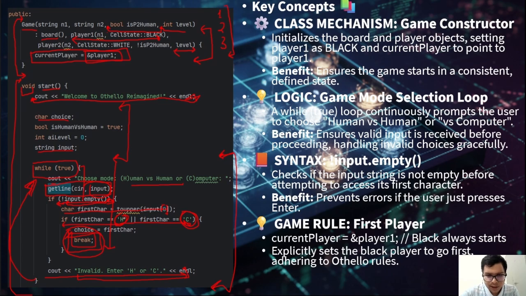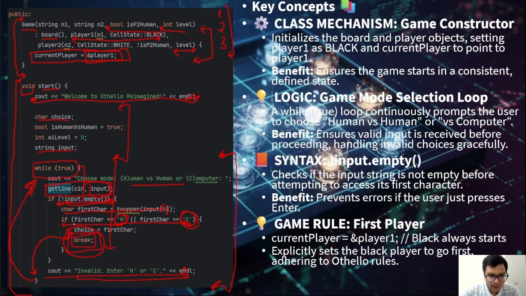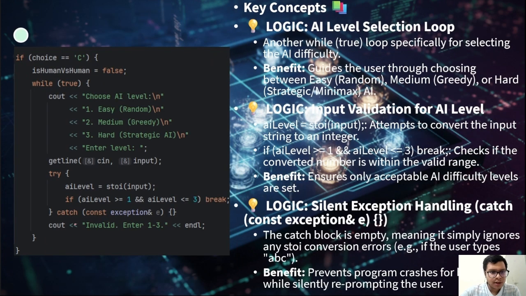And once the user enters a valid input, this break statement is executed and the whole loop just gets short-circuited from here. Fine. Okay. So now when we have got our value of this variable choice from this line, we can analyze it to make our game proceed. So if the choice is equal to C, so essentially the user wants to play against a computer, then